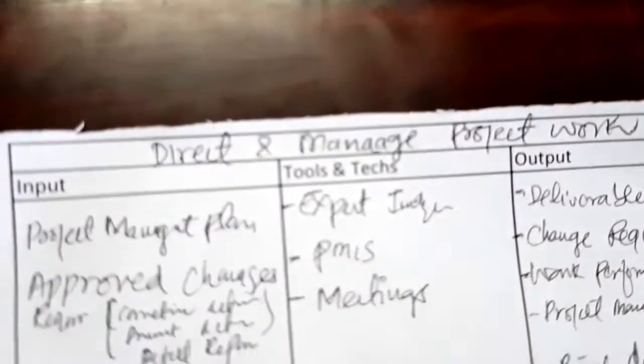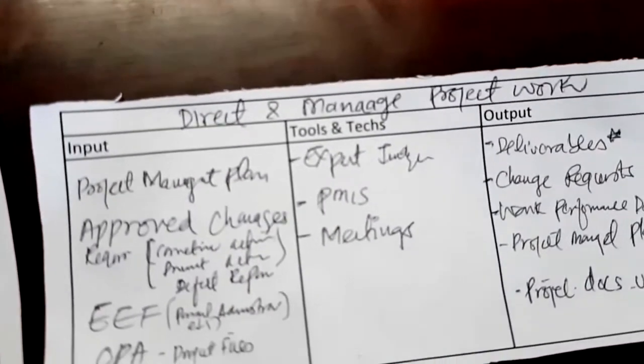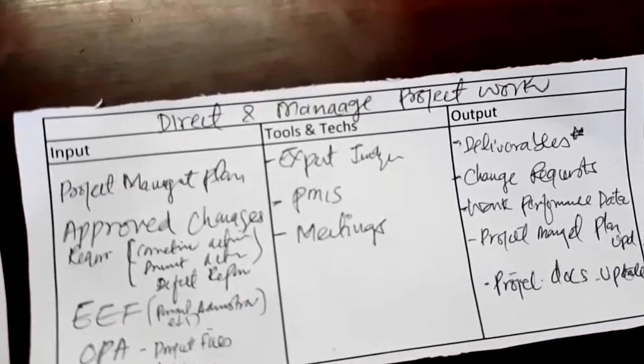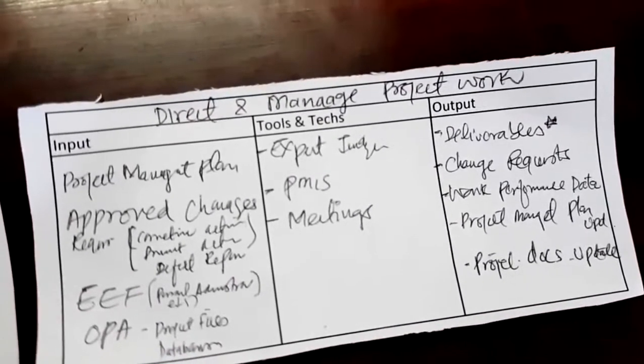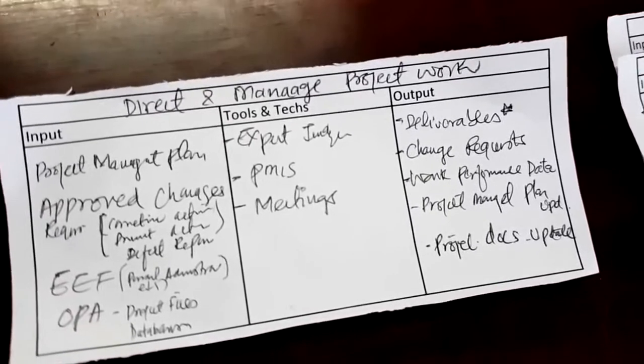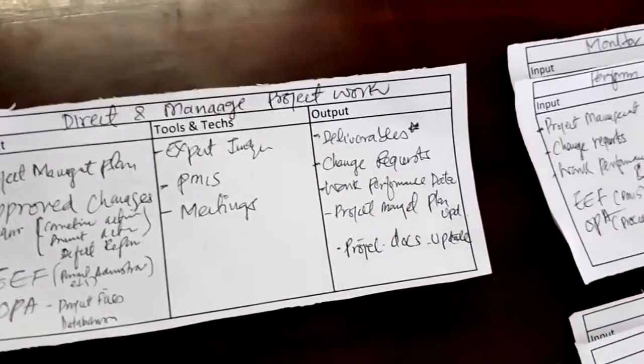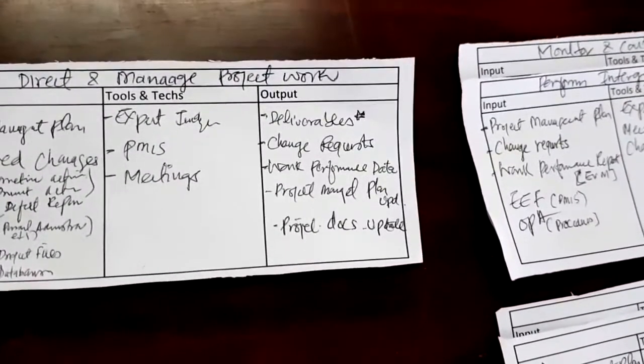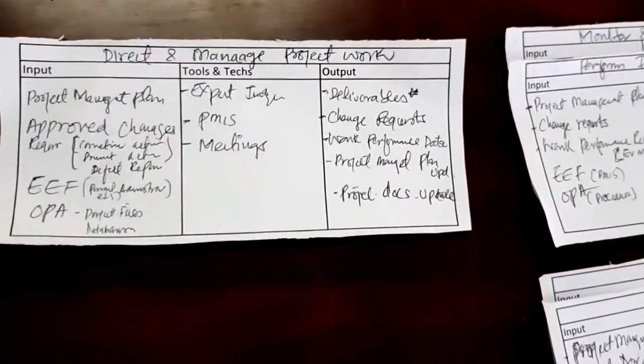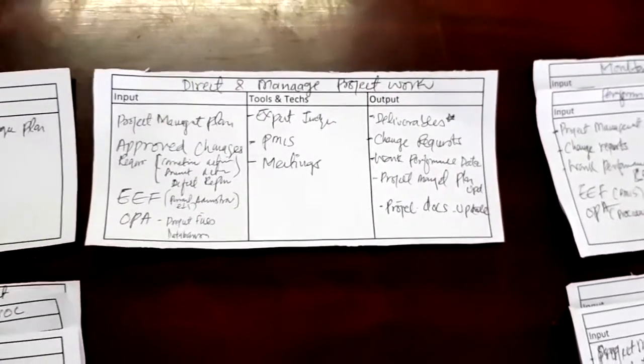I didn't look at the approved changes. I first saw only the project management plan. In project management plan, we are using expert judgment, project management information system and meetings, and based on this we are converting this plan into deliverables. Then I thought where the deliverables will go. So I took those deliverables, I